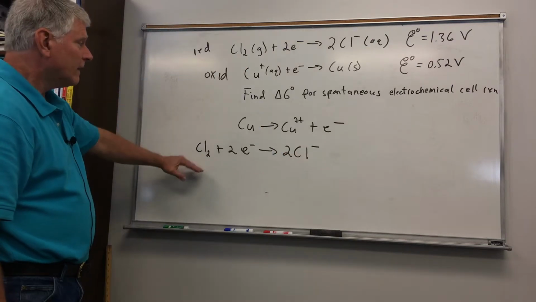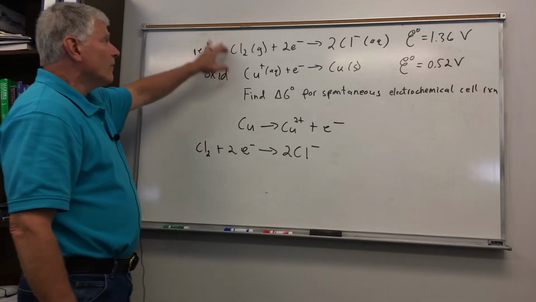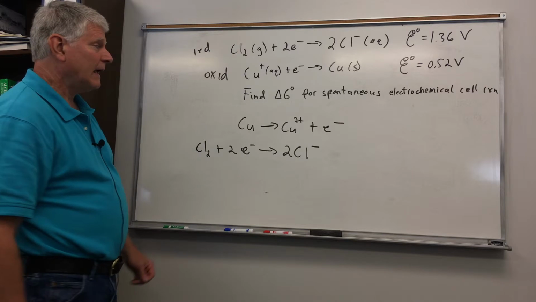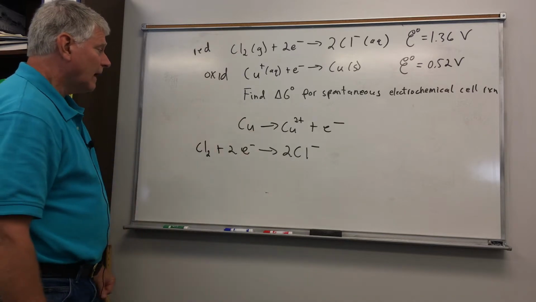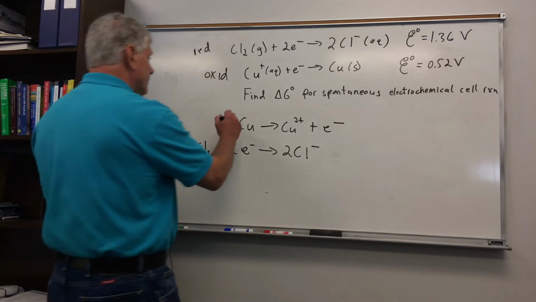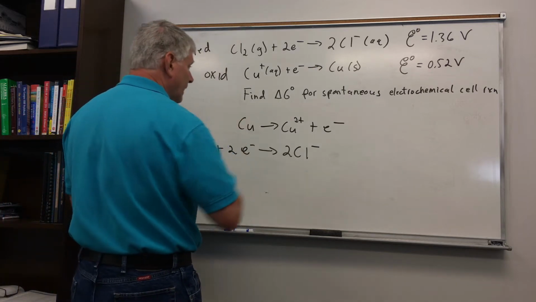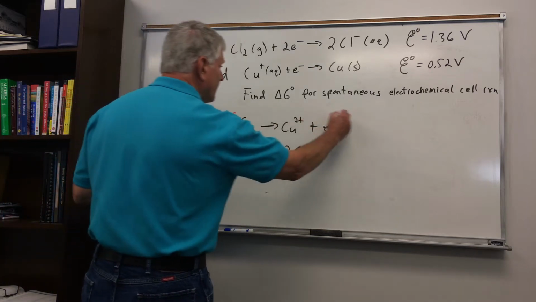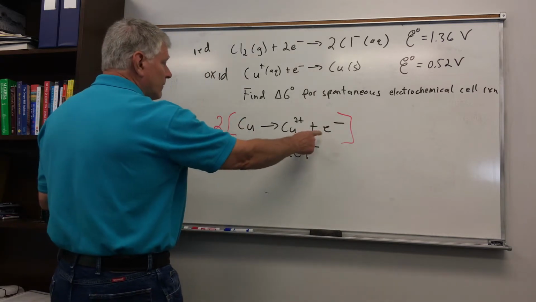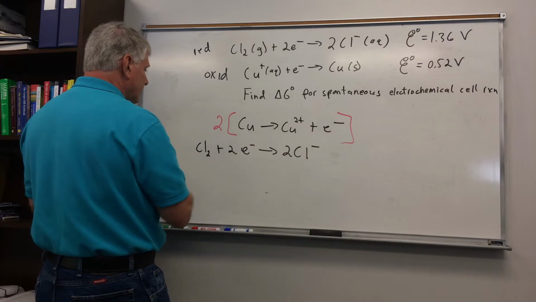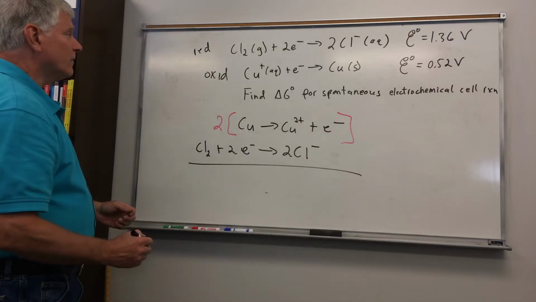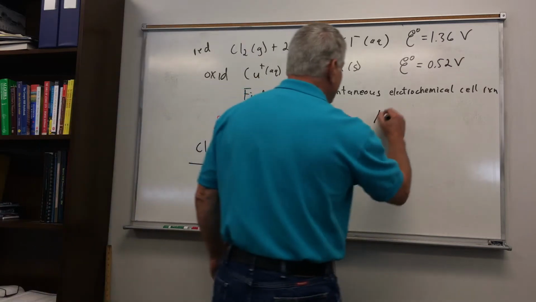Okay, so now from the table, these half reactions are balanced already, so I don't have to balance them. I just need to add them so that the electrons cancel. And so if I multiply the top reaction by 2, then I'll have 2 electrons on the right, 2 on the left, and when I add them, the electrons will cancel. So when I have my delta G equation,